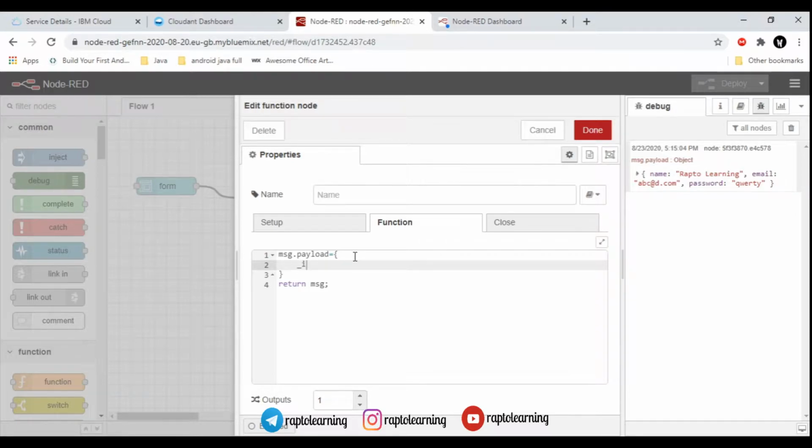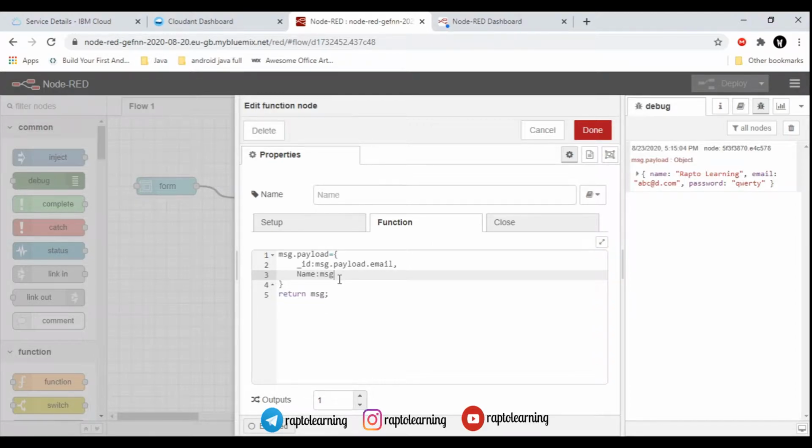On the first line there is msg.payload equals, and then curly brackets, and then _id. This is the ID where your email ID will be stored. So we are going to declare the ID as the email. So we can search by the email address of the user, and in the future retrieve the password or anything else we want to do with it. So here our ID will be email.